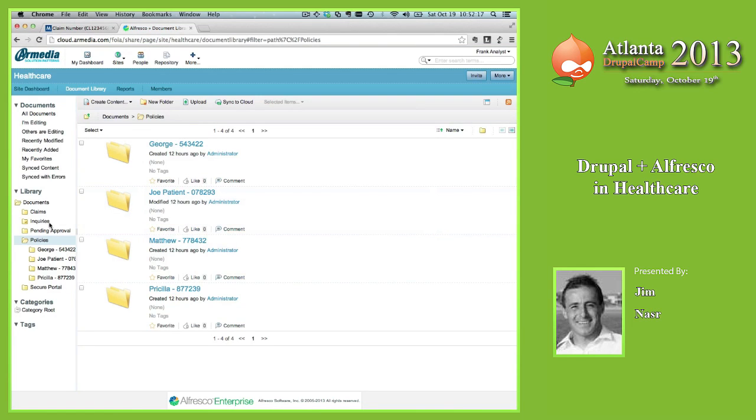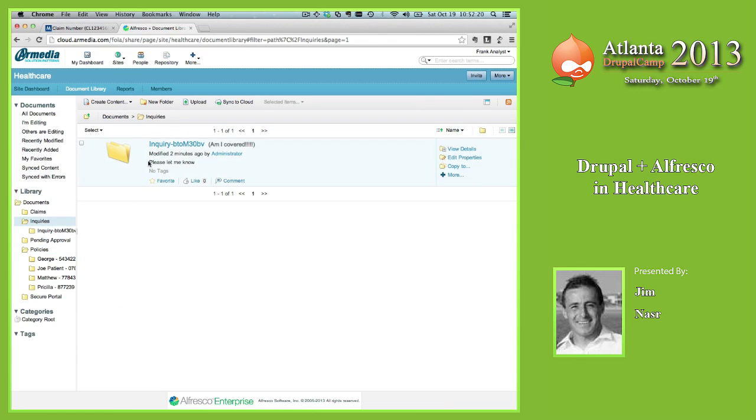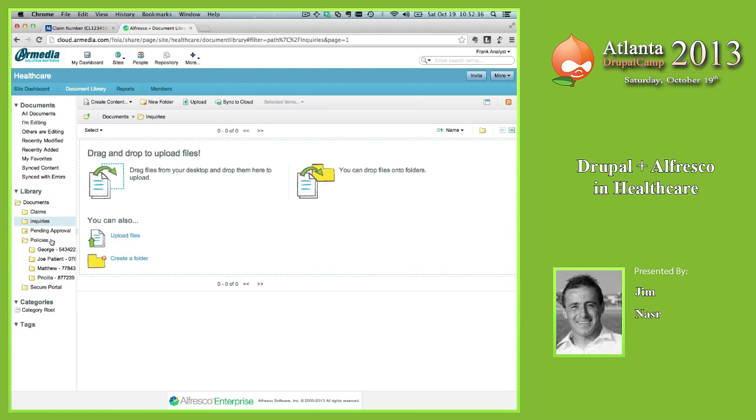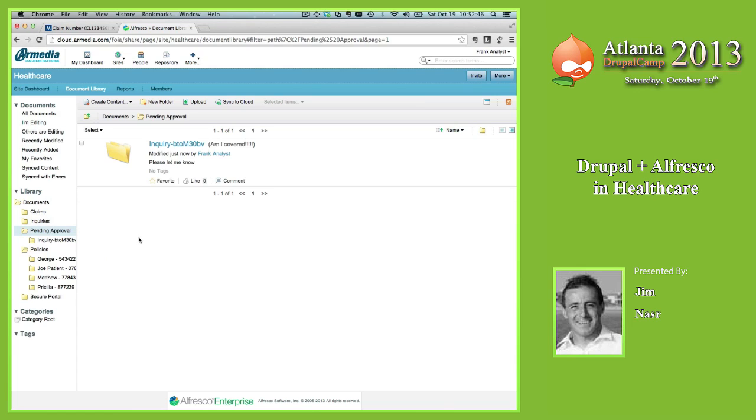At this time, we're going to take the inquiry that we've prepared for Joe, and we're going to request approval, because usually you can't just submit these things publicly. Within the Alfresco system, Alfresco supports drag and drop, or many other kinds of features. You can move from one record state to another record state, and it fully supports records management, stuff like that. By simply dragging and dropping that folder to the pending approval folder, what I'm formally doing is requesting approval from my manager, who's going to get an email.